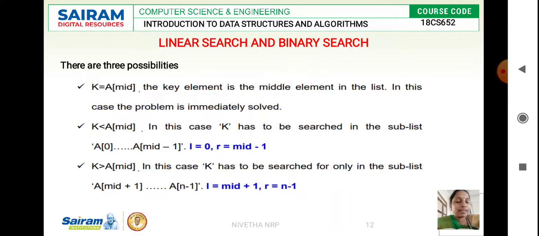Similarly, in the third case, when your key value is greater than the middle value, you can ignore the left of your list up to the middle value. Hence, the greater value will be residing towards the right of the middle value. By doing so, there is no need to search the entire list. That is why we go for binary search.